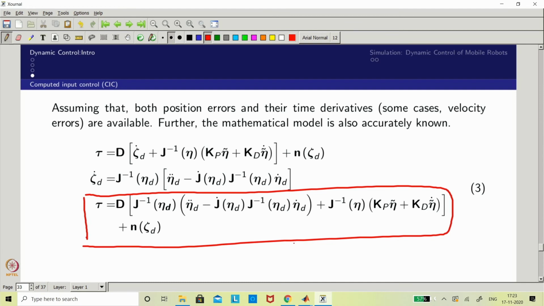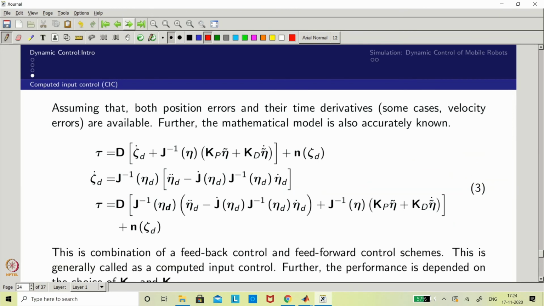So now this is one stage. The second stage, once you obtain this tau, then you bring it back. This tau you can rewrite as gamma into kappa. So now you wanted to find the individual wheel forces. So you would take gamma inverse into tau. So this you can do. This is what you wanted to do in the MATLAB simulation. I expect you will do it yourself, because we have done lots of simulations and we have modified everything. So that is what I am expecting you to do.